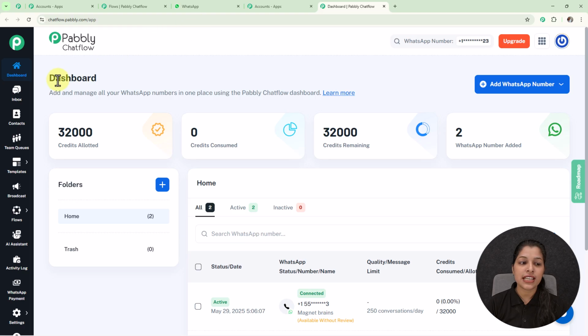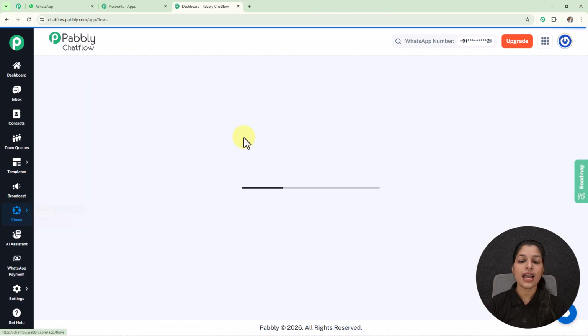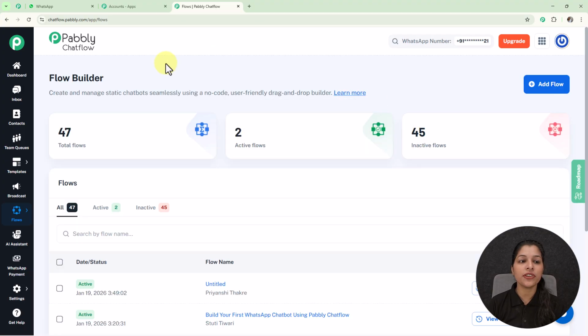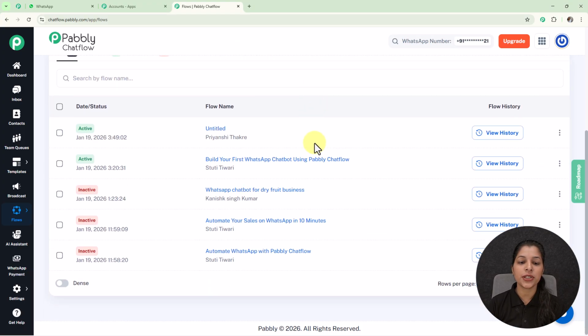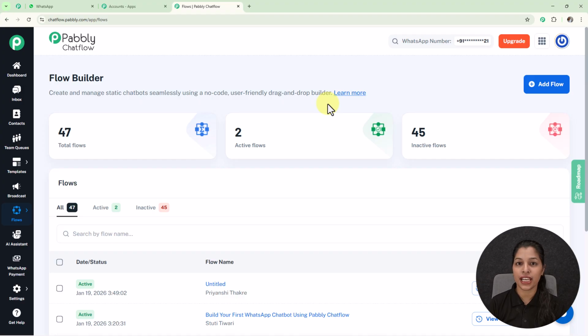And moving on to the sidebar, you can see these are the features provided by Pabbly Chatflow. And if you want to learn more about these features, then you can watch the video given in the description. And now as we are going to create a chatbot, then we just have to click over the flows given on the sidebar. And once you click over the flows, you will land on this flow builder page where you can see these are the flows I have created. And if you want to create a new flow, then you just have to click over this add flow button,